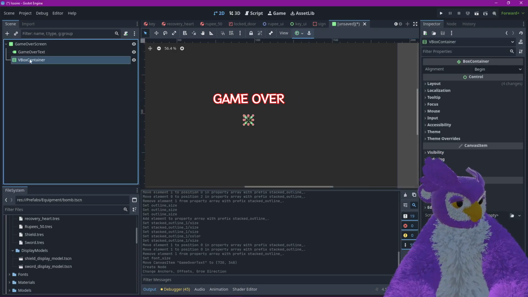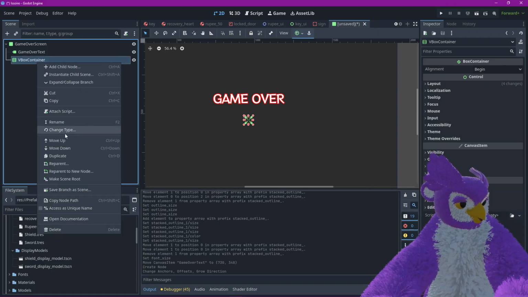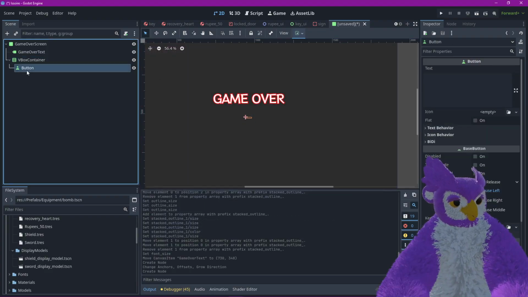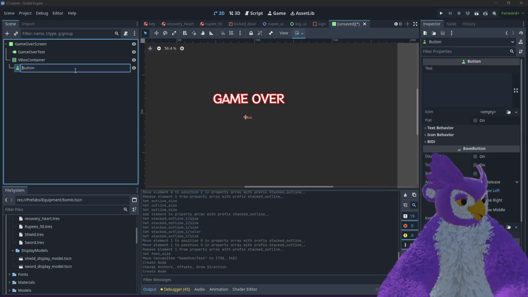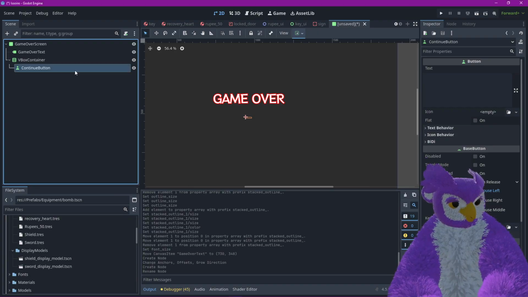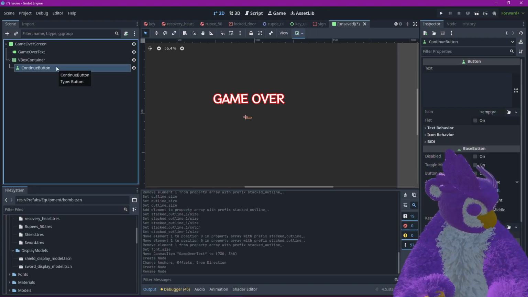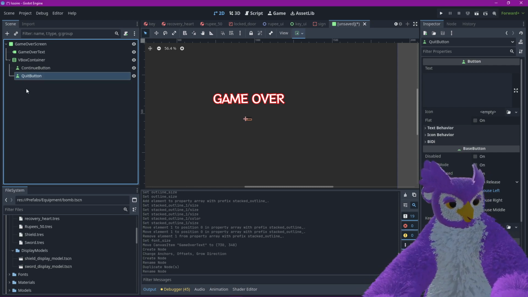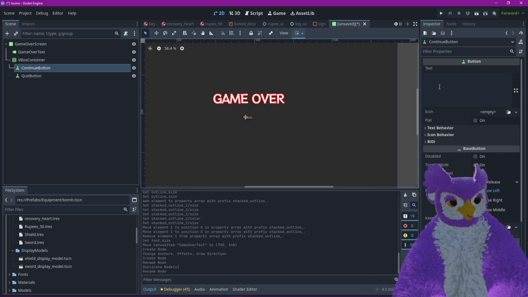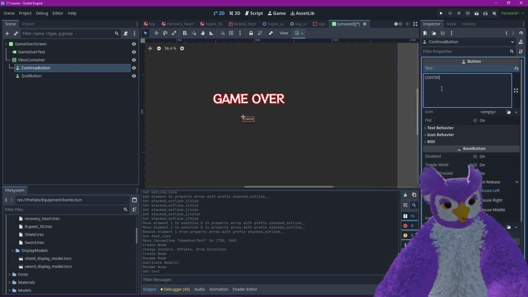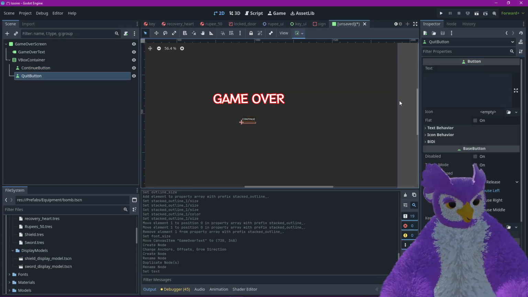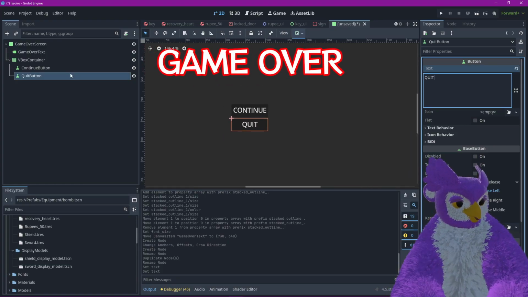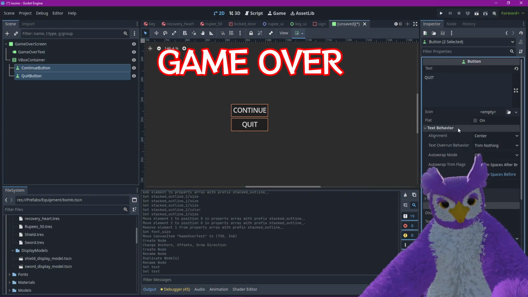And then inside that we'll have a button. So this will be the continue button. And both of these I want